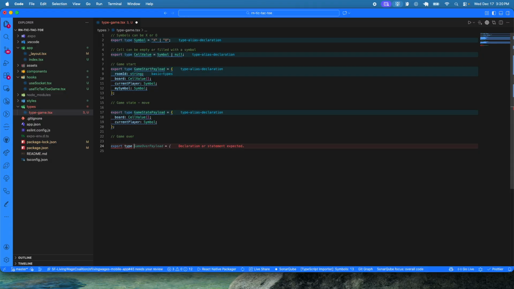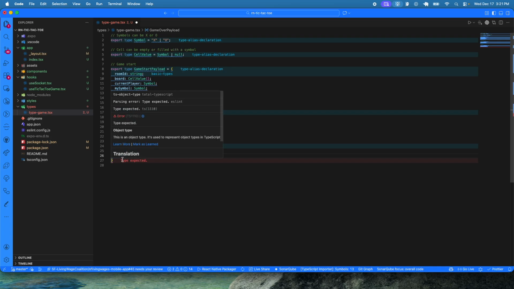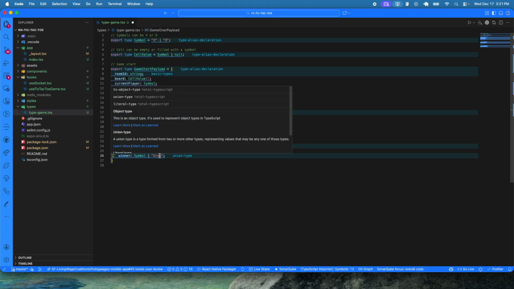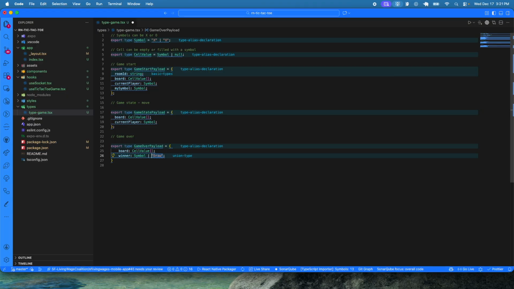It's gonna be type as well, and it's gonna be game over payload, just to be consistent. And over here we are gonna need the board again. It's gonna be the cell values, an array, and then we need a winner. This one will determine who is winning the game, or whether it's a draw as well. So it's gonna be a symbol, or a null value here,